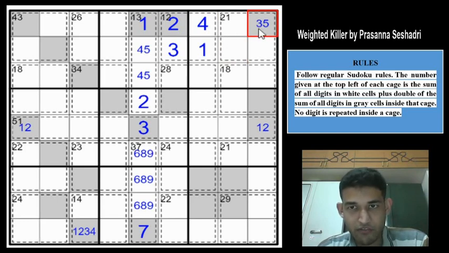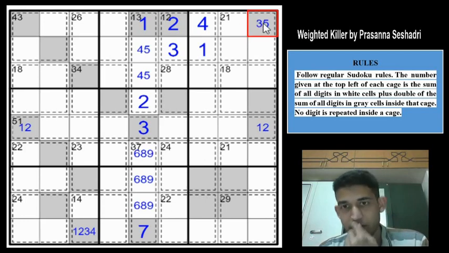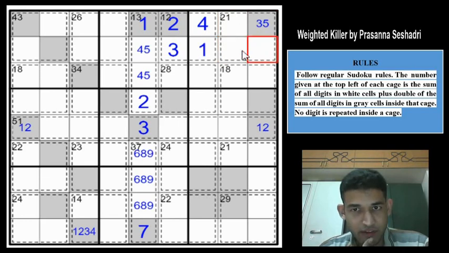So if you have a 5 here, we will get 10 and then we need 11 more from these 3 cells, right? So 1, 4, 5 are out of question. The remaining possible minimum candidates are 2, 3 and 6, which give you 11, right? That is going to be possible. Let us make some pencil marks. So if you have a 5, you will have 2, 3, 6 as the only possibilities here. So which means these 2 cells will be 2, 6 and 3 has to go here.